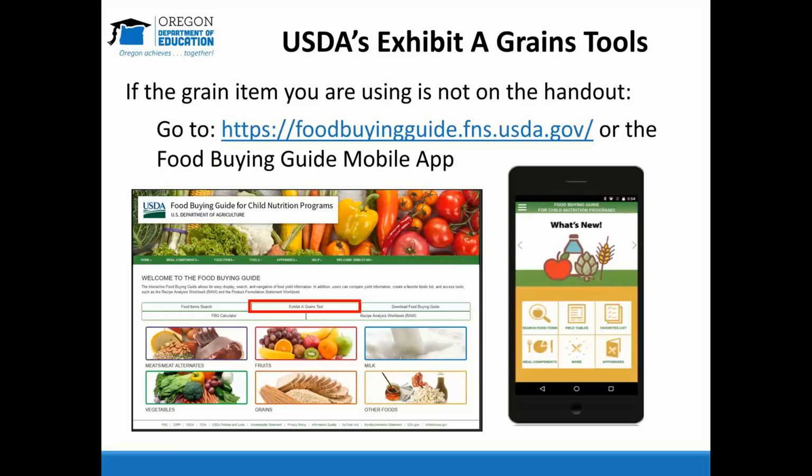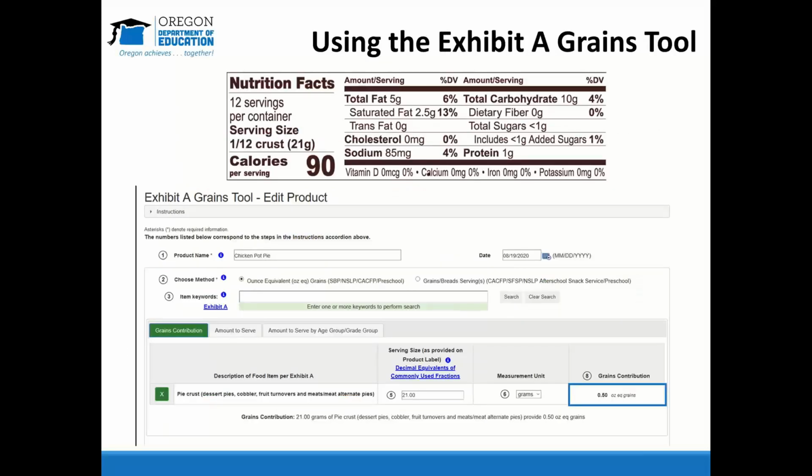If you go on to foodbuyingguide.fns.usda.gov, if you're using the mobile app, it's available there under More on the bottom row. We're going to take a quick look at an example. What you'll do is once you click into that Exhibit A's grains tool, it'll ask you if you want to